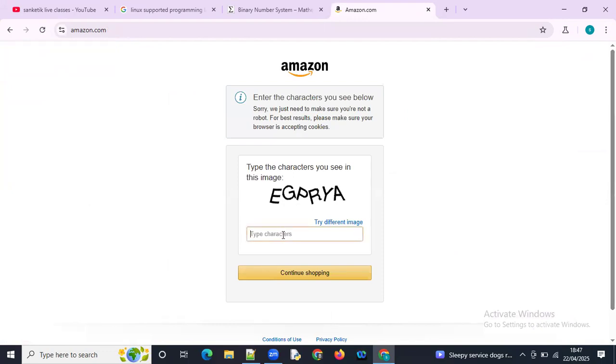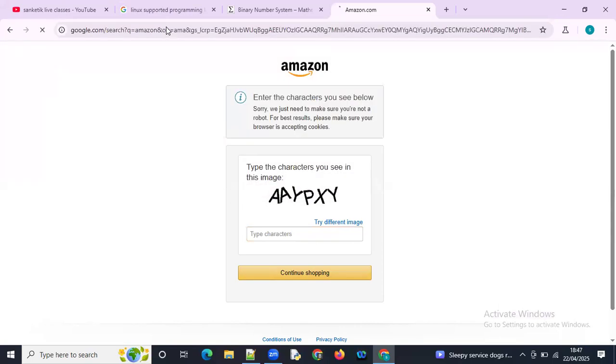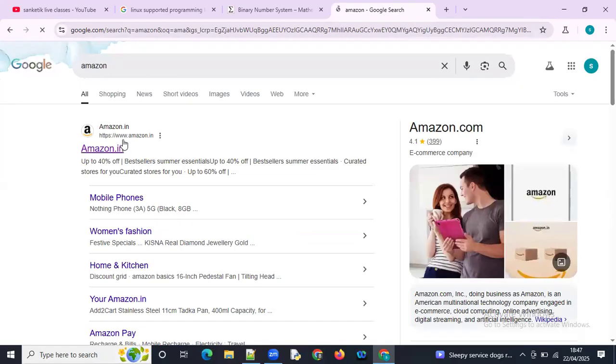Why is it asking like that? Otherwise, without further delay, I will open the dot in site.